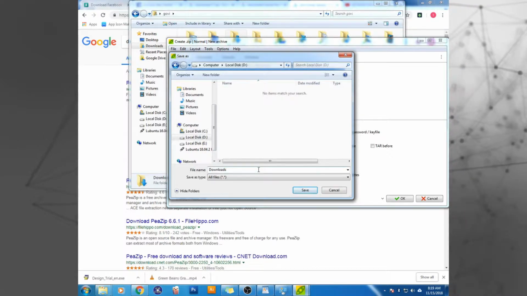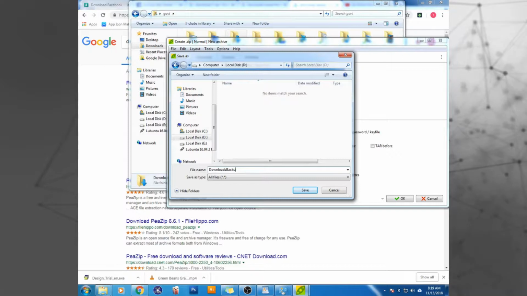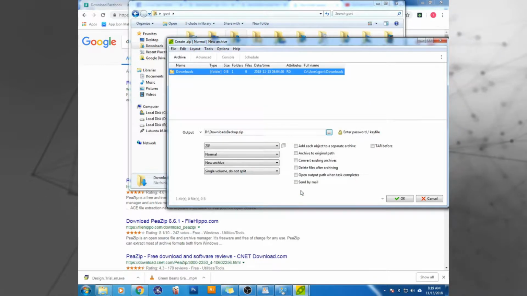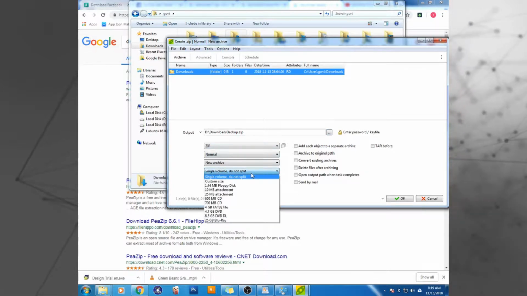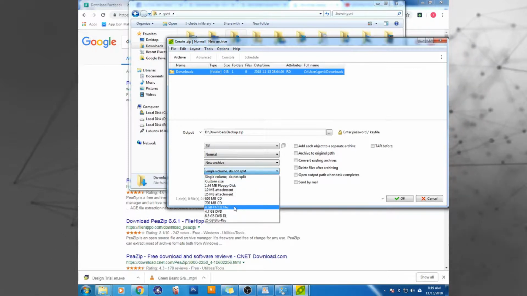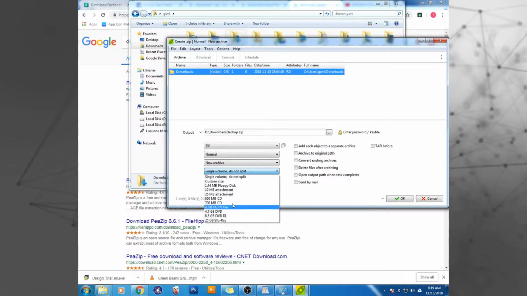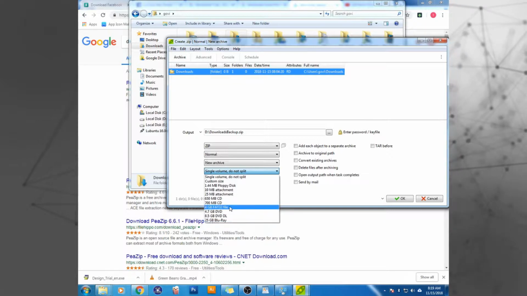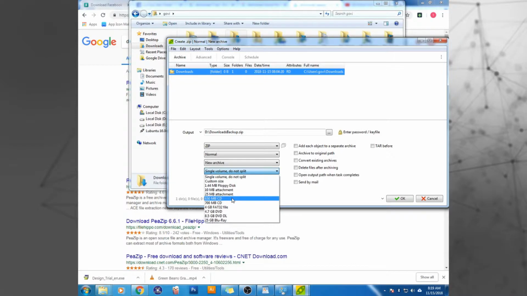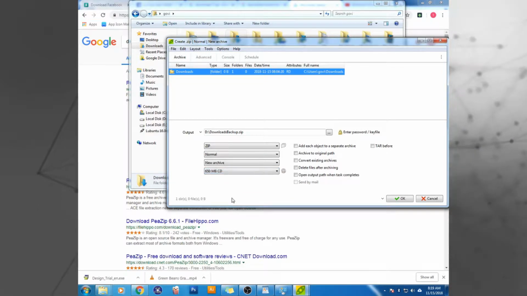You just gotta name it whatever. In my case, I'm just putting this name right here, and once you've done that, you come down here where it says split or single file. That's where you can actually decide how big or how small you want it. I will be going with the CD at 650 meg. So once you select here, that's the size each file is going to be. So by clicking OK,